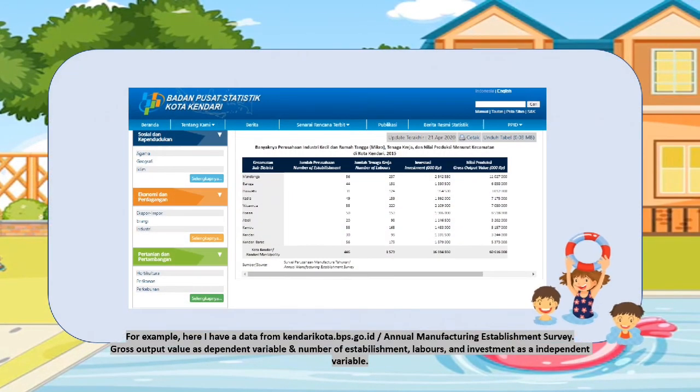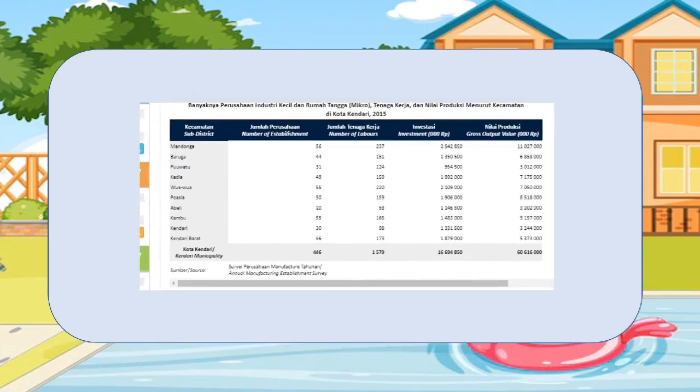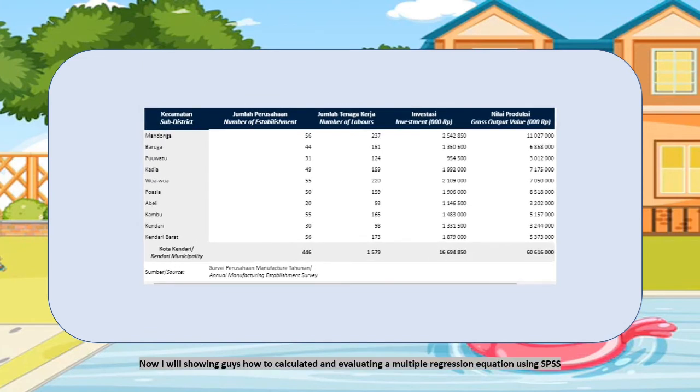For example, here I have data from kendarikota.bps.go.id, the Annual Manufacturing Establishment Survey. Gross output value is the dependent variable, and number of establishments, labors, and investment are the independent variables. Now I will show you how to calculate and evaluate a multiple regression equation using SPSS.